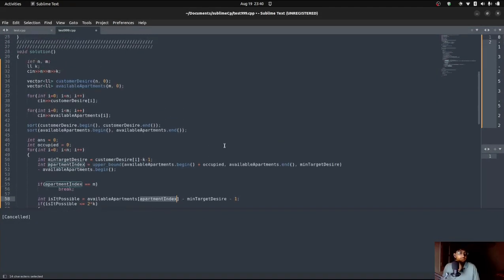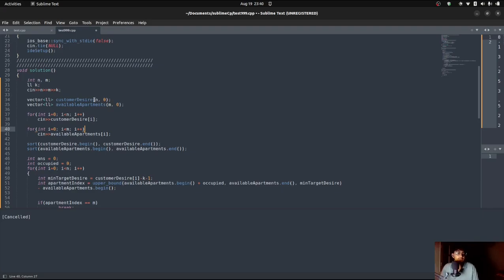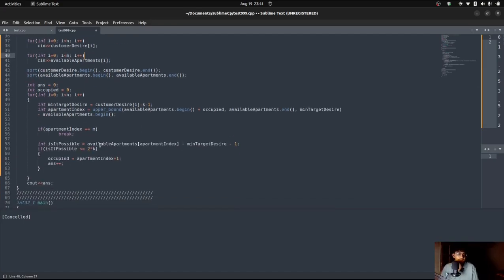If you look at my solution, we first take the input: customer desires and available apartments. So we have taken normal inputs like we do in C++. Now we have sorted independently the customer desires and the available apartments. And after that, we have set occupied equal to 0. This occupied will say how many customers we have satisfied, or at what point we have satisfied our customer, that is, the last flat we sold. That is denoted by occupied only. So for the min target distance, first we are going to start for each customer, and for the very first customer our